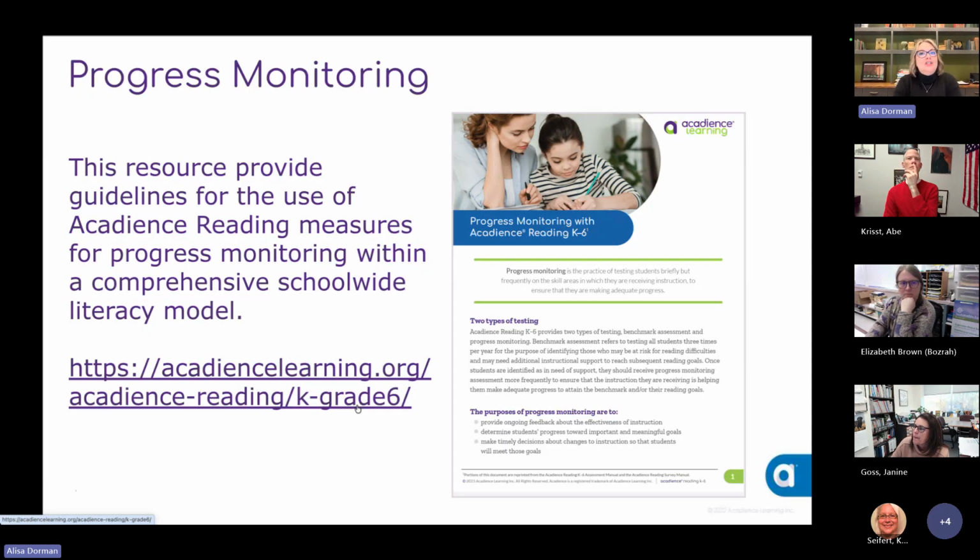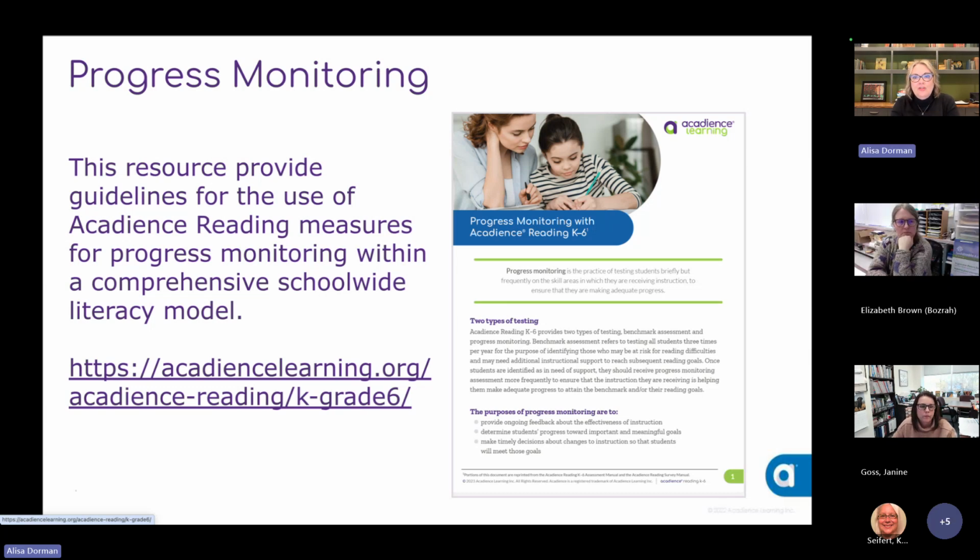Let me go here to just show you a couple of things that I thought would be timely for where you are through the educator lens. One, we have a progress monitoring guidance document that we provide. It's on our website. So for many, you're at the point where you've had some beginning screening data. Maybe you have used monitoring. Maybe you're thinking about refining monitoring.